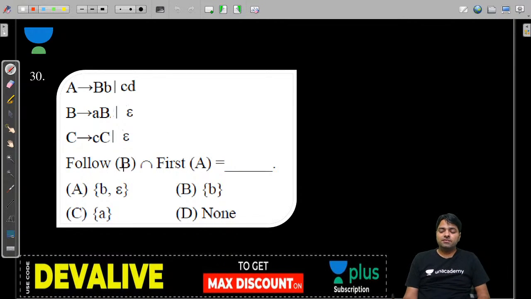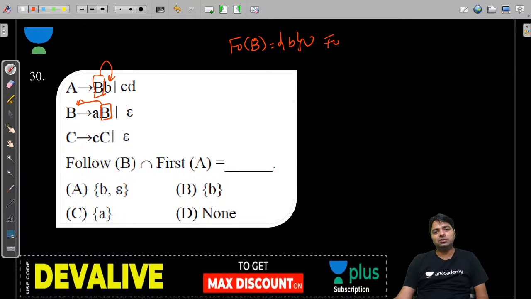29 questions. Now, this is a very easy question, but the only problem is, are you good at computing follow and first sets? Follow of B. For B, you have to look at all RHS sides. Follow of B, I am computing, is a small b union. The follow of B is the follow of B, that you can delete blindly. And B is not a start symbol, so just B comes here.